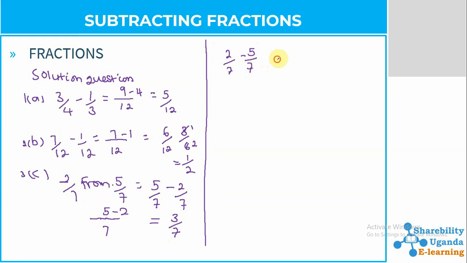The same answer. This is going to be 7, and here this is going to be 2, is going to be what? 5. So when you subtract this, it will automatically give you what? A negative 3 out of 7. Okay, so you can see